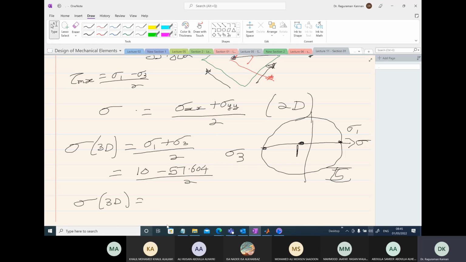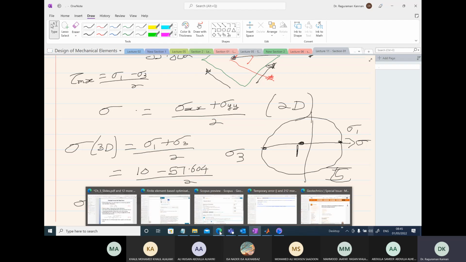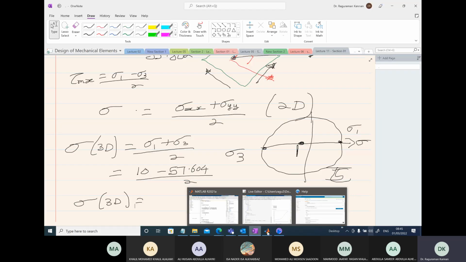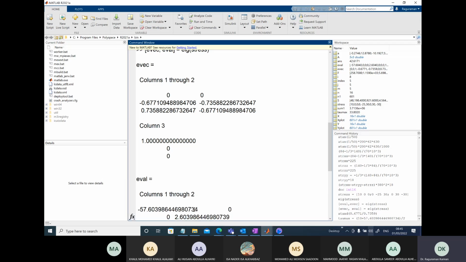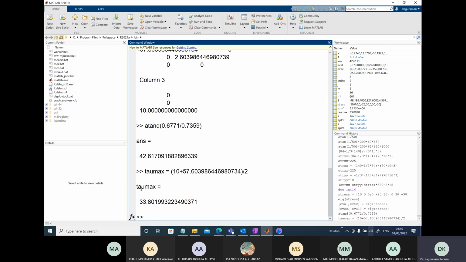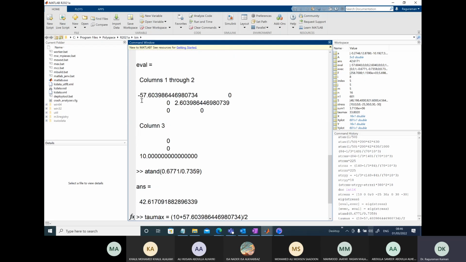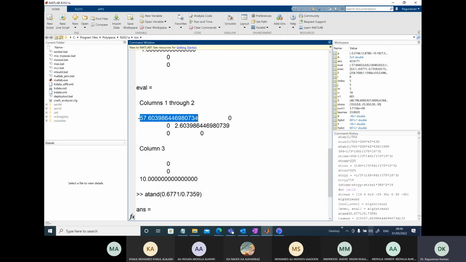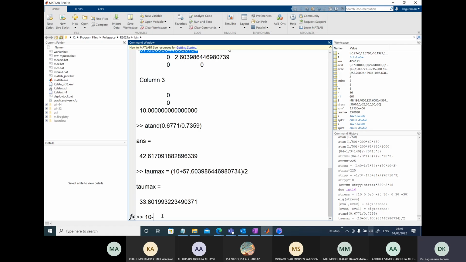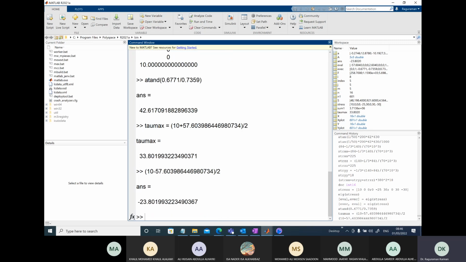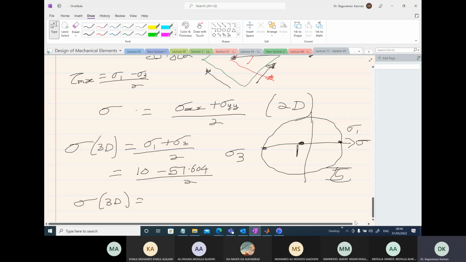Okay, so let's go back to the MATLAB and use the values. 10 minus, we need to copy this value, the brackets, divided by 2. So minus 23.801. So the sigma value comes out to be negative, minus 23.802